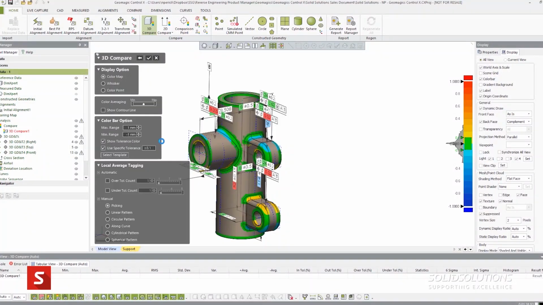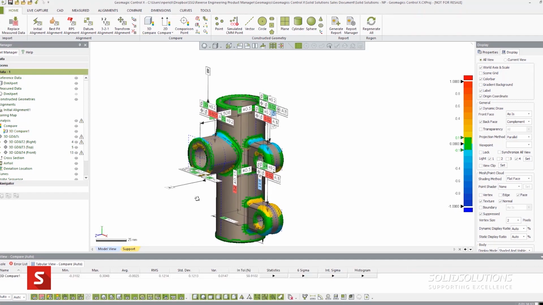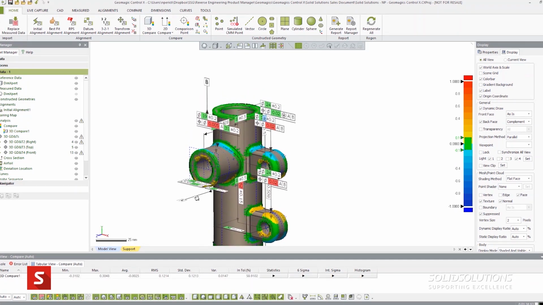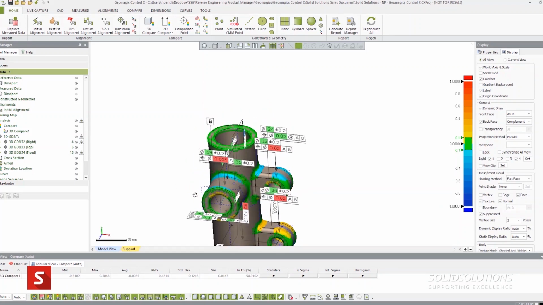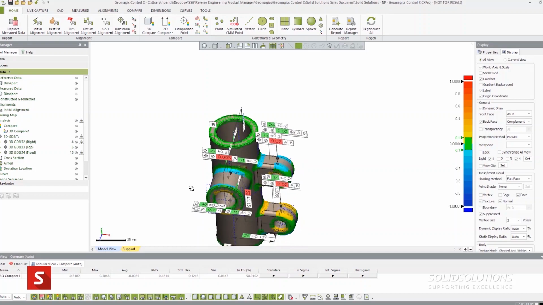So, other things that scan data is used for. Some of our customers use scan data for inspection to make sure that the parts they make are accurate. Their manufactured parts are 3D scanned and then overlaid with the original CAD model to check for any deviation. At Solid Solutions, we have software for this called Geomagic ControlX, which will help with the process.